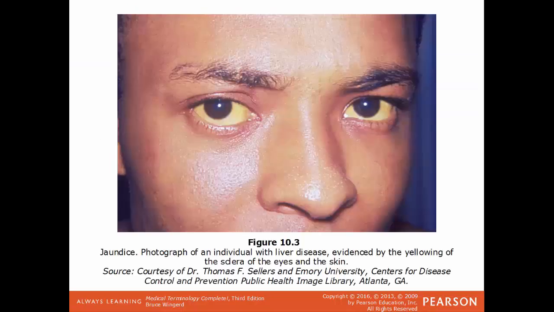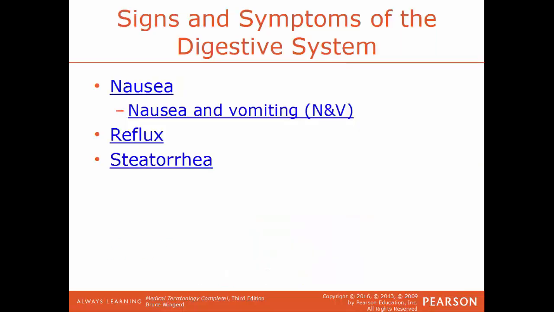And here's how jaundice would look. Normally these parts of the eyes, the sclera, should be your standard white color. But with this person, their liver is starting to fail, and there's a buildup of a pigment called bilirubin, and because of that, you have a yellowish tint to the eyes. Our next term, nausea, feeling that you are about to vomit, and that may lead you to our next term,